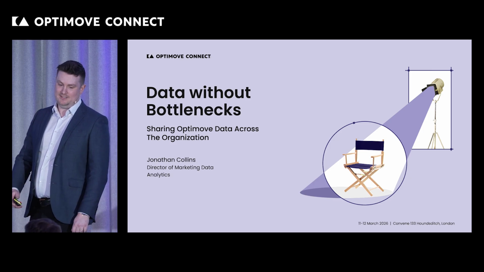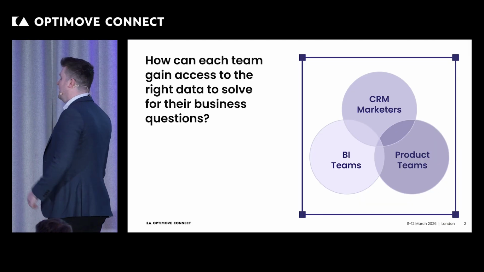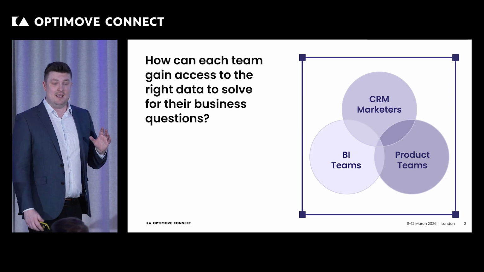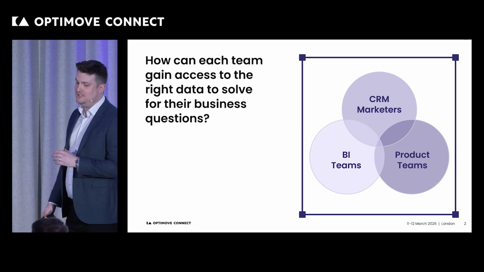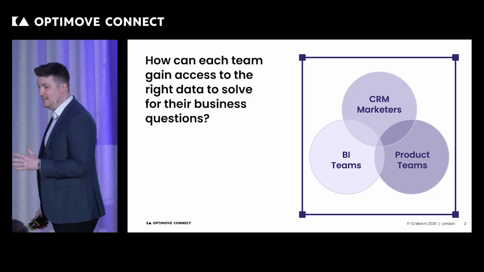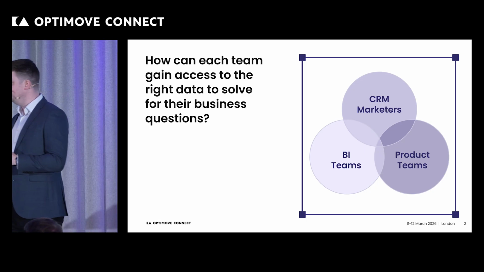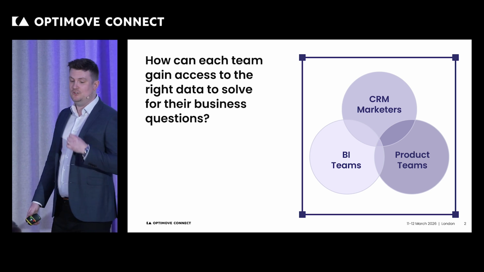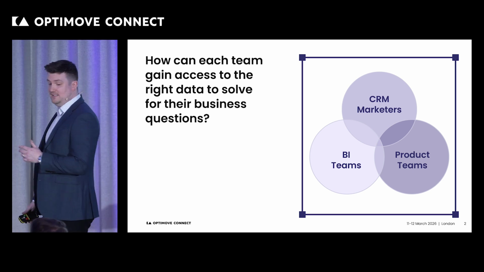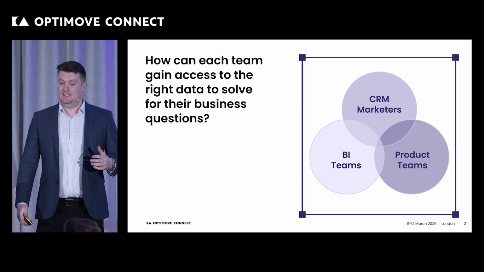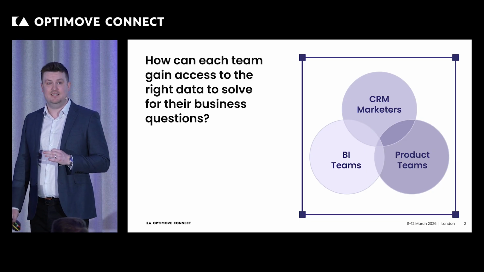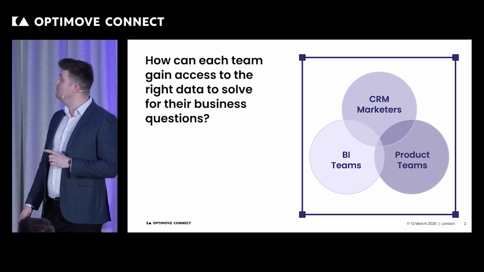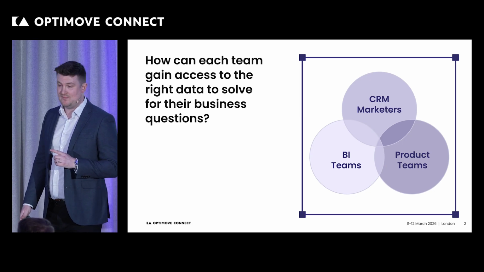So let me start out with a question. How many times have you found that your decision-making process has been slowed or even stopped because you didn't have access to all the data that you needed when you needed it? Data share is all about making sure that you have better access to your data alongside the data that Optimove generates from your activity. And this can be a silver bullet in ensuring that everyone in your business has an answer to the business questions that are facing them today.